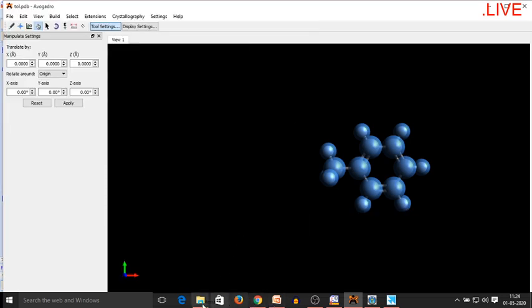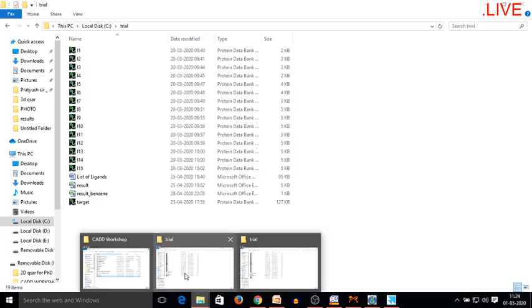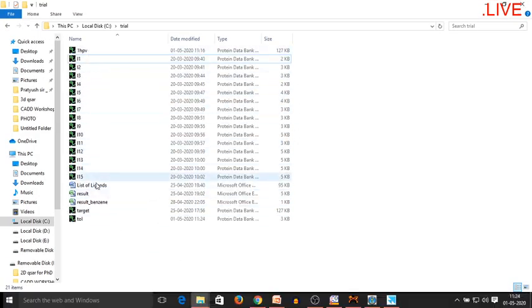So we are done with that. Now let's check. Here you can see that the .pdb file, a protein data bank file, is available, and this is today's date. So this process is very easy for creation of chemical structures into .pdb file format.